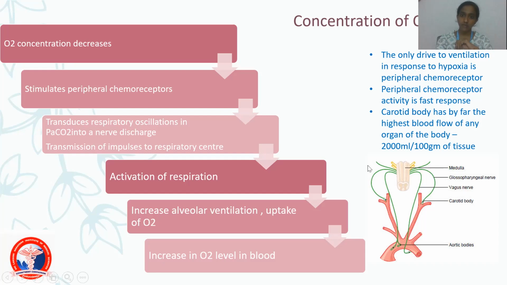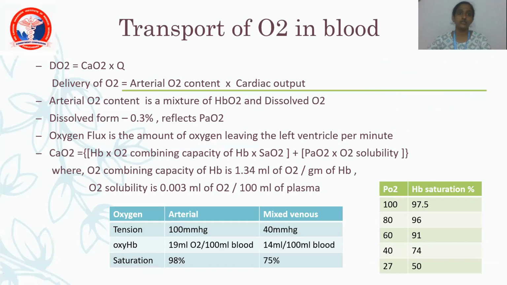So this is the same diagram where we show the peripheral chemoreceptors location. So, transport of oxygen in blood. This is a very important thing that we should all know in order to understand hypoxia, in order to understand why there is hypoxia in many patients. In order to understand everything about oxygen, we have to know how it travels inside the body. So before moving on to all those things,